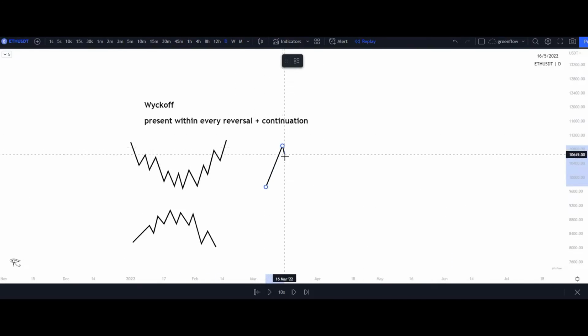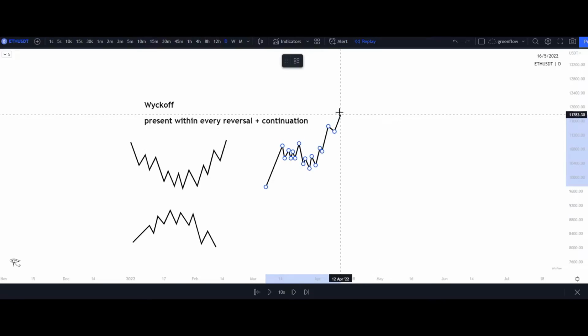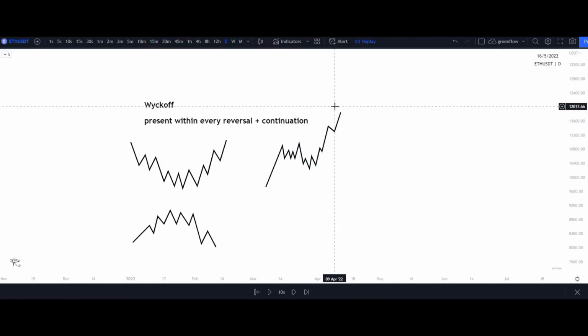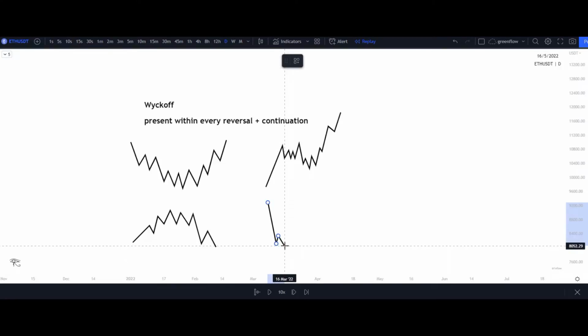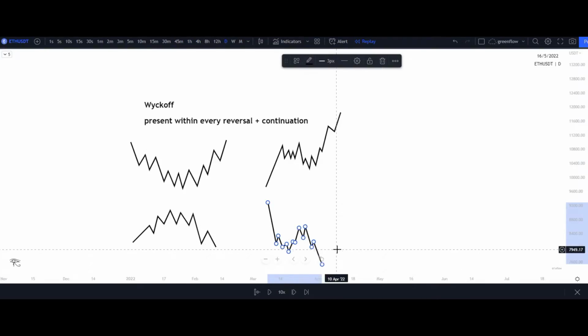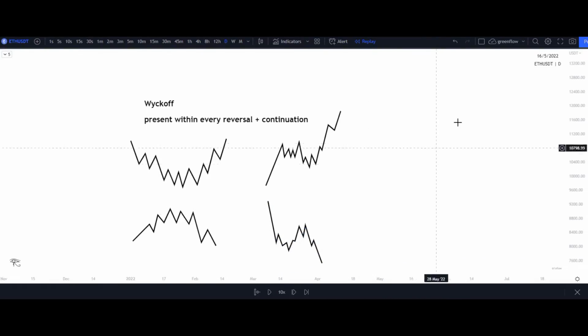So you have an impulsive move. Then we have a distribution to then accumulation. There's your continuation on the Wyckoff perspective right here. And then where's the continuation to the downside? That redistribution. Price comes down, does the literal opposite, right? Then accumulation takes out the highs, takes out those early sellers, and then continuation to the downside. So understanding that it is every reversal on a 1 minute time frame on a